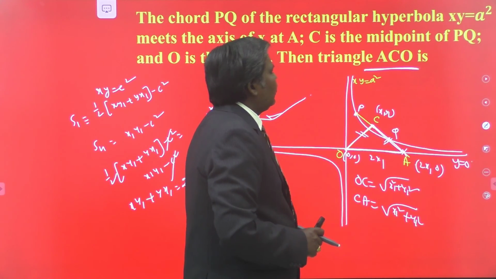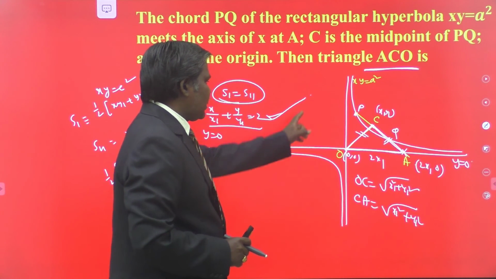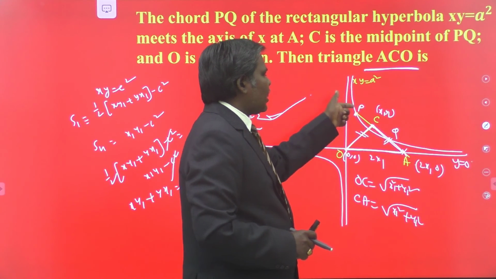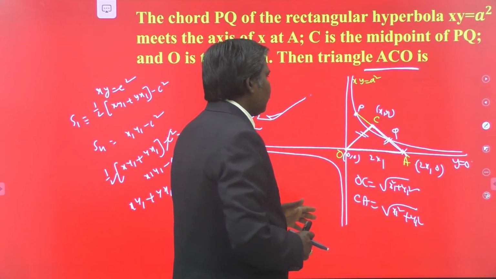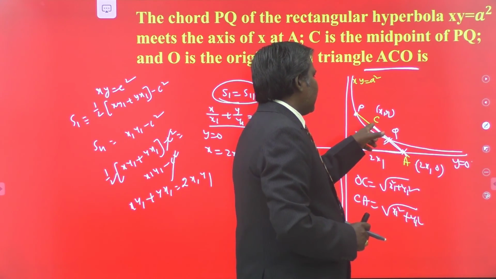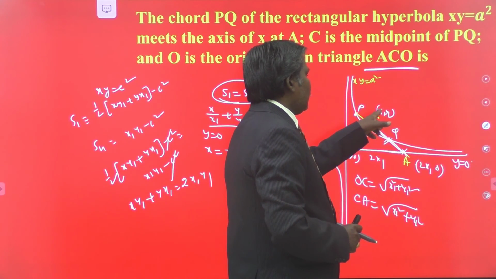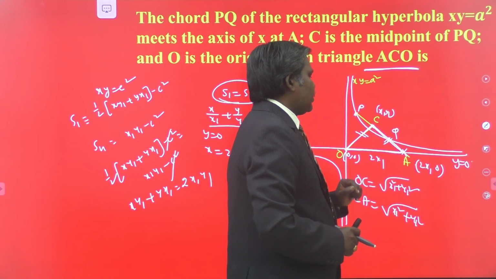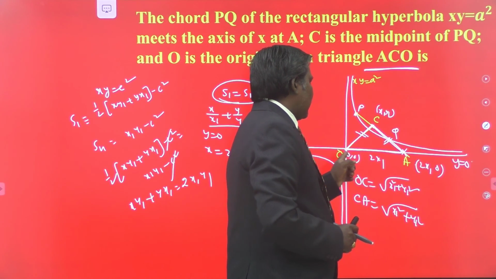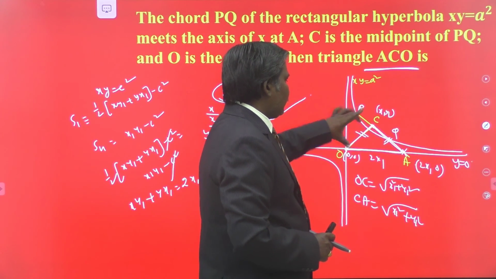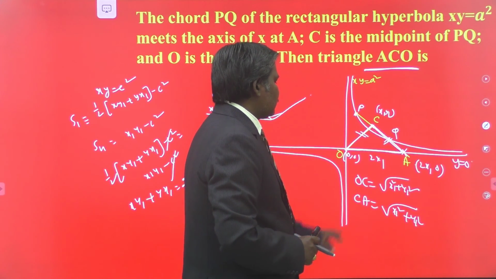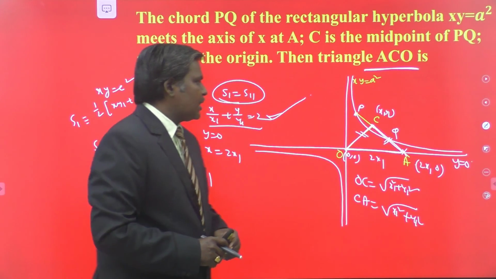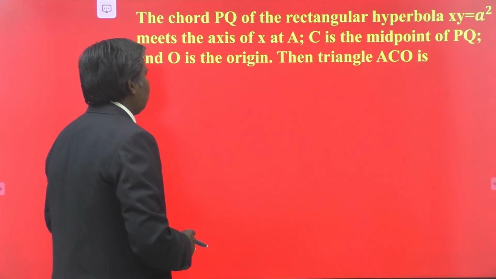Finally, the triangle is what? Isosceles triangle. So you just write the chord equation. Don't try to solve for the two points by taking the parametric points or anything else here. You just take this midpoint C, which is given to you. C is the midpoint of PQ. If it is x1 comma y1, you write the equation and solve with the x-axis. Immediately you get that point 2x1 comma 0. And this is origin. This is x1 comma y1. Just by finding the distances, you have OC equal to CA, and it is different from OA. We have the triangle, that is an isosceles triangle here.